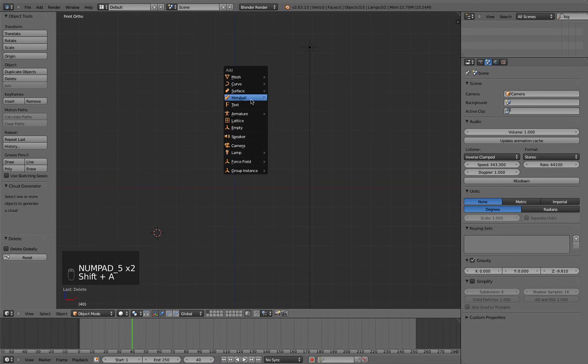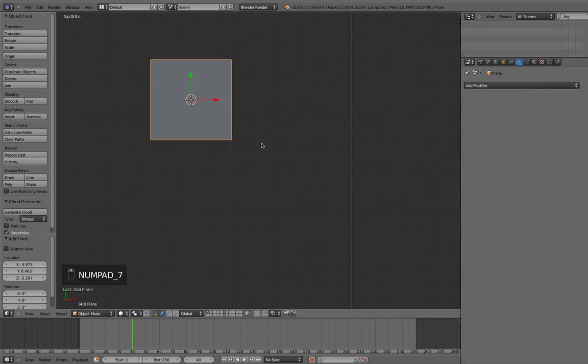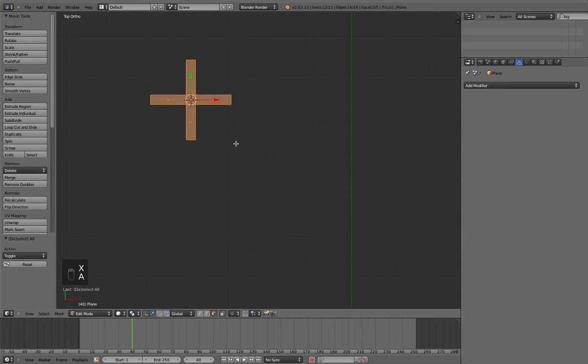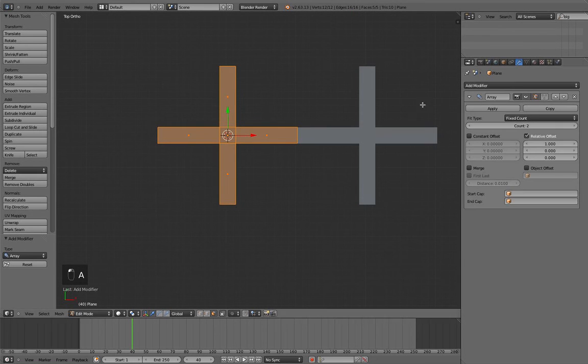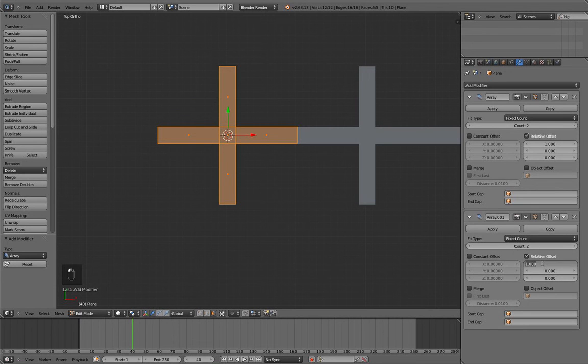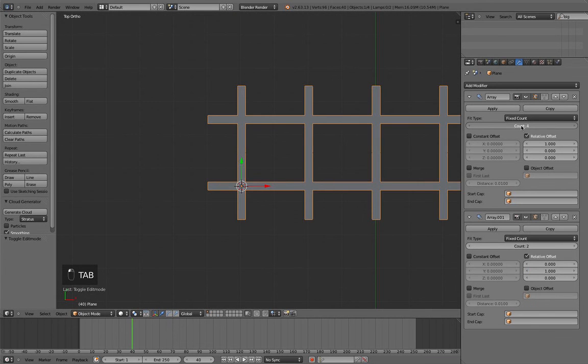An instance of this would be if we just added quickly a plane and just went into edit mode and added two loop cuts, scaled them in along the x-axis, and then added two loop cuts on the y-axis and scaled them in along the y-axis. And then if we just get rid of these faces there, we're left with this cross thing, and if we just add on an array and we do another array on the other axis and we just build these up,